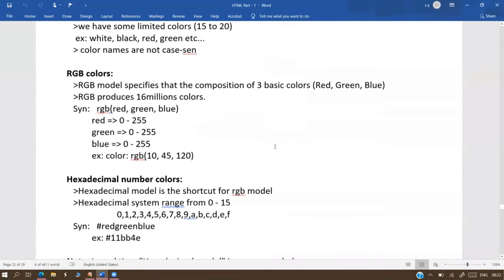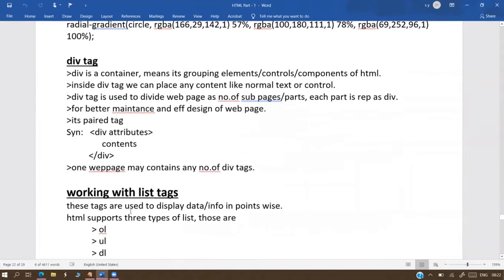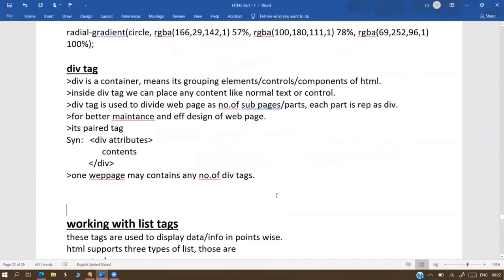Okay, next one, the division tag. I think we discussed something about the division tag. It works like a container. It groups some components. Maintenance becomes easier by using the division tag. The division tag separately does not create any component like image tags or hyperlinks. It's not creating any separate component. We already have HTML elements, and it's just grouping all those elements, like encapsulation.